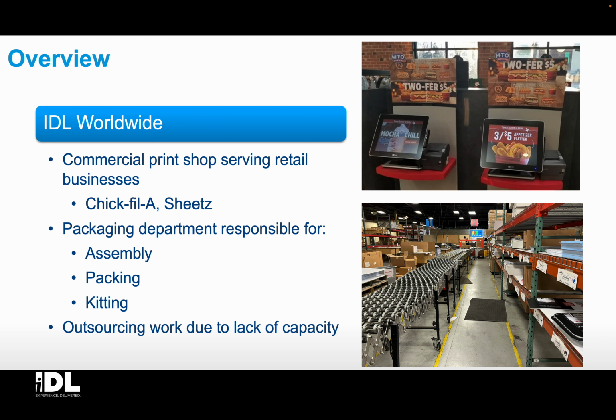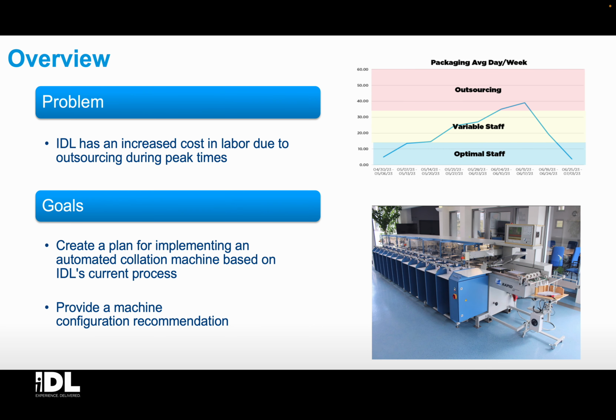We're focusing on the packaging department for this project, which is responsible for the assembly, packing, and kitting of signs to send out to stores. IDL has a cyclical nature of their project work, so when they need more capacity to finish their projects, they must outsource their labor. Outsourcing labor for times in which IDL needs a larger capacity to finish projects will cause an increase in labor costs. In addition to this, they also create a dependency on temporary workers, which may end up causing an uncertainty